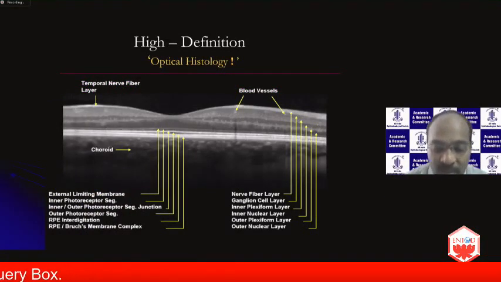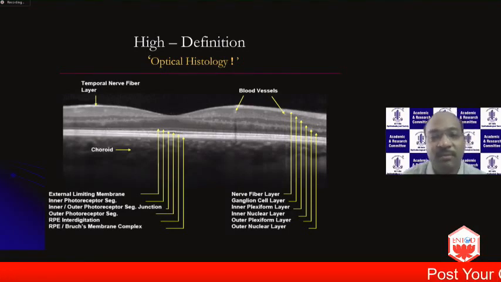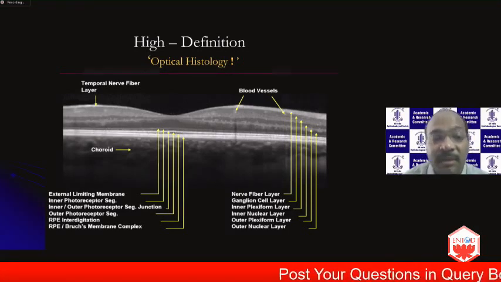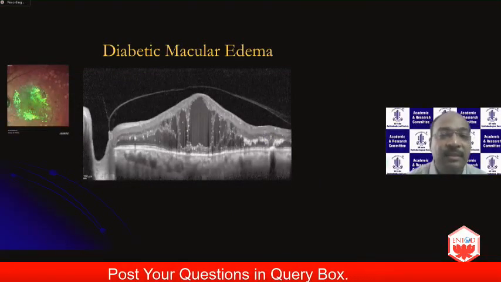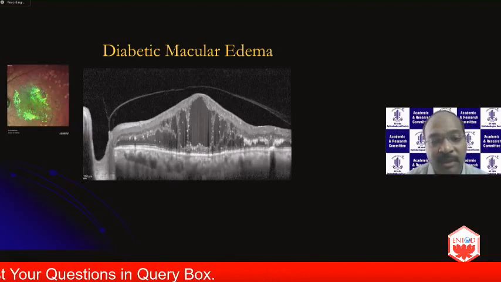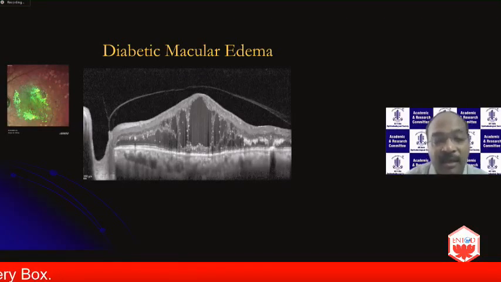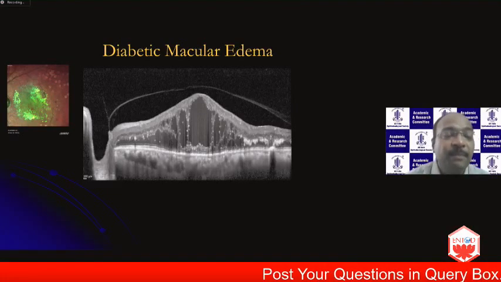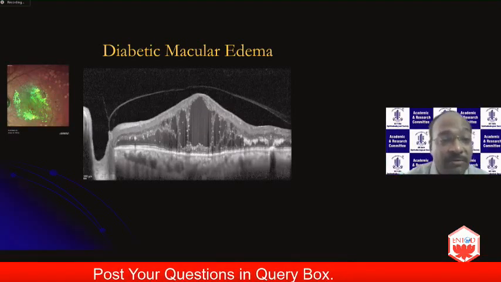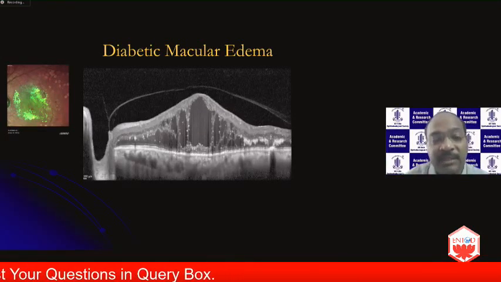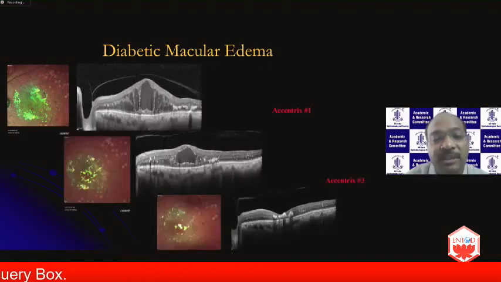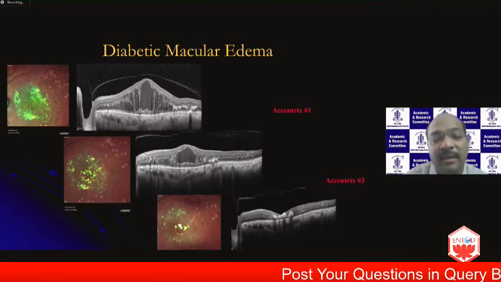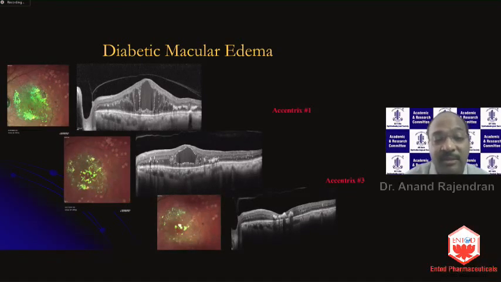It's almost optical histology. One of the most common applications of OCT today is obviously diabetic macular edema, where commonly you see this kind of elevated appearance of the macula and large intraretinal cysts. On the multicolor image, which I'll be talking about in parallel, it shows up in green over the green channel, and you see the extent of that en face. With anti-VEGF therapy, you see a progressive reduction of this macular edema. You see the fluid settling down and giving way to exudates coming in, and you can actually see that in cross section on the OCT as well.